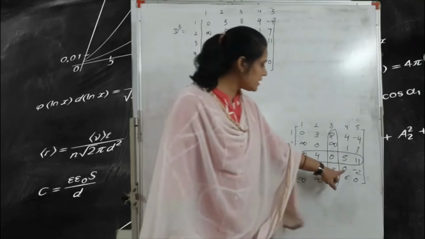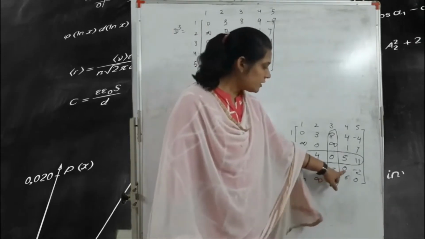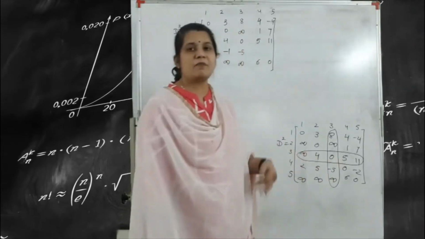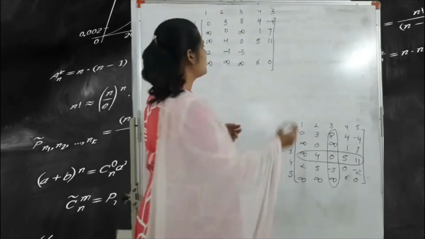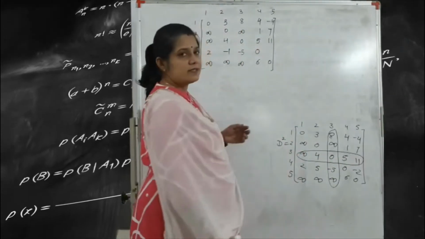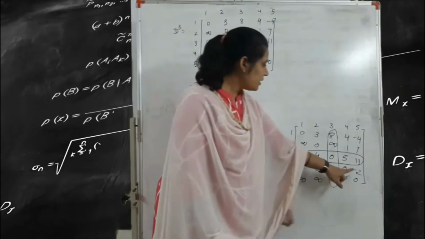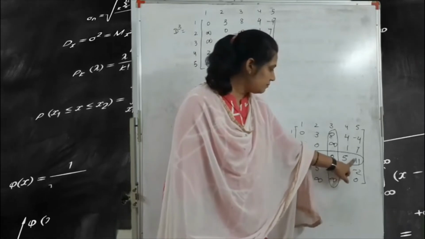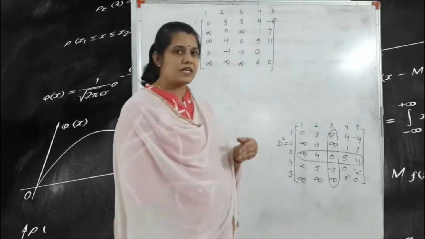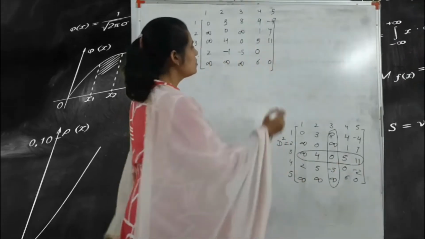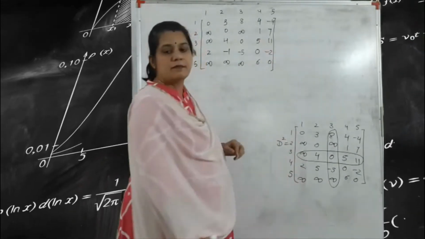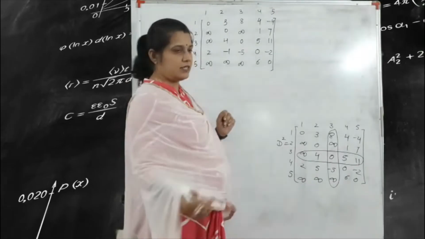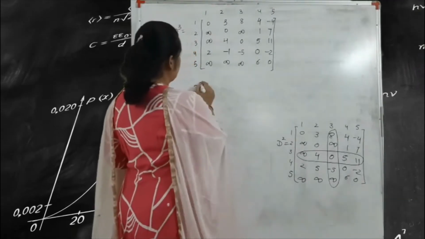Okay, next one is the 0. According to this 0, the highlighted values are minus 5 and plus 5. So minus 5 plus 5 is 0. So we write here 0, and obviously 0 is the lesser value. According to this minus 2, minus 5 and plus 11, so plus 6. Plus 6 is greater than minus 2. So we write here only the minus 2. With the help of this D3, we find here the D4.